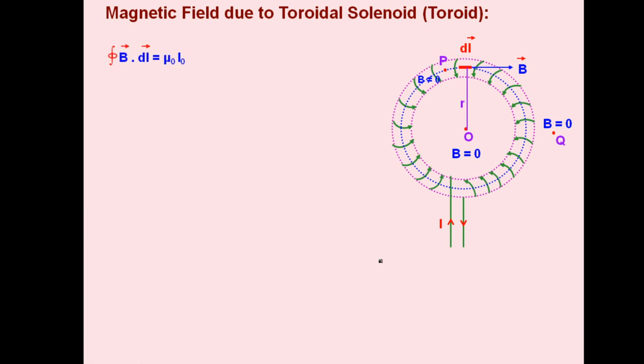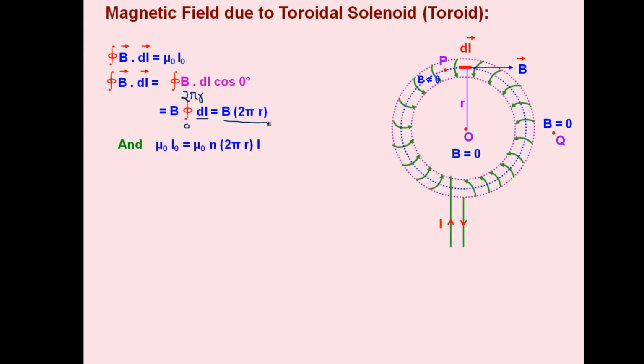B dot dl equals mu naught times I for the closed circular path, it is B dl cos 0, and the limits will be 0 to 2 pi r. As we have already seen, the closed path is of circular shape of radius r, so 0 to 2 pi r will be the limits. In all steps we have to represent the limits, and dl will give l, which will be the upper limit 2 pi r minus 0, the lower limit, so 2 pi r will be the result.